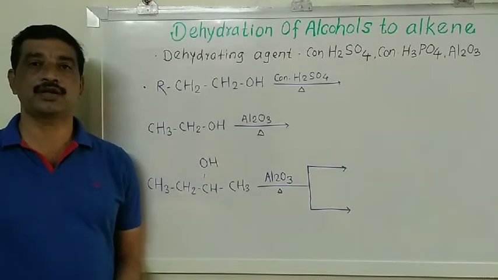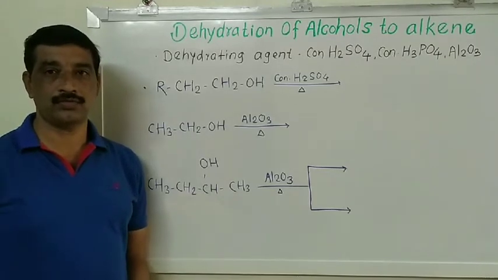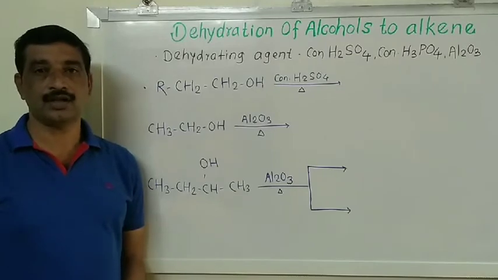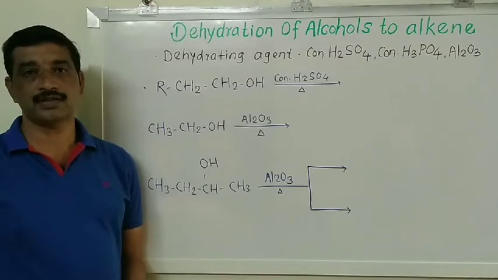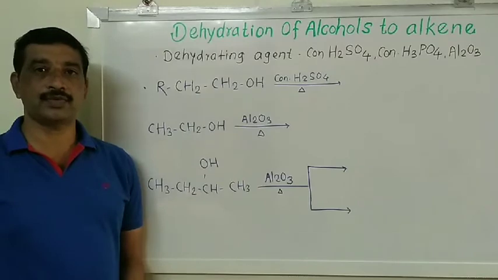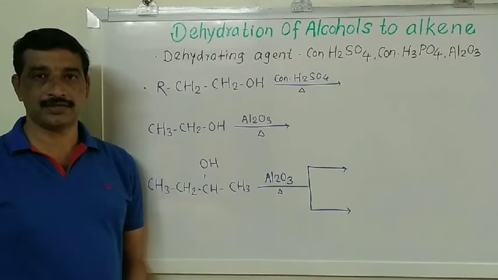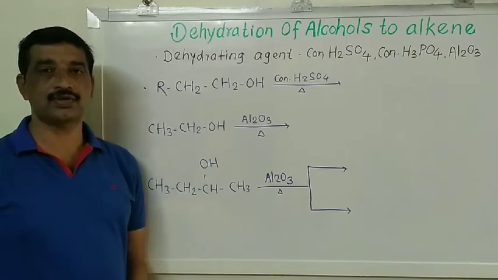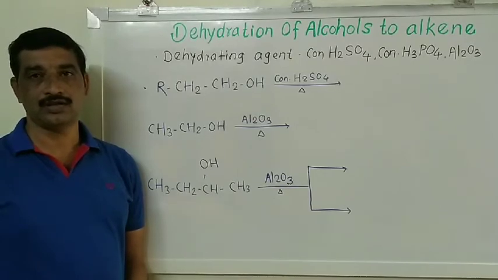Students, we are discussing the chemical reactions of alcohols due to breaking of the carbon-OH bond. In the last video, we discussed two chemical reactions of alcohols. The first one is the reaction of alcohols with alkyl halide. Alkyl halide reacts with primary, secondary and tertiary alcohols in different ways. The time required for the formation of precipitate is different, and therefore this test is used to distinguish between the primary, secondary and tertiary alcohols.